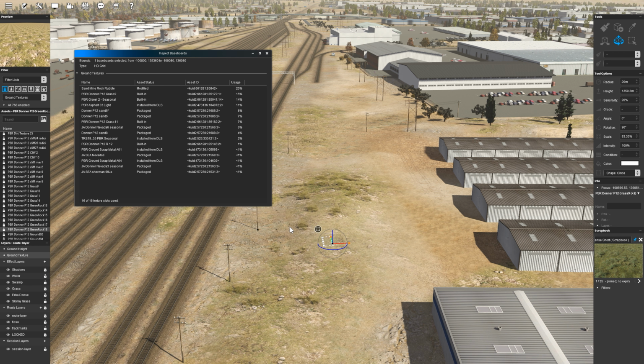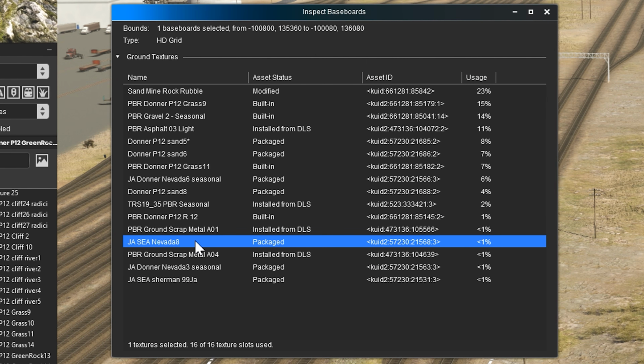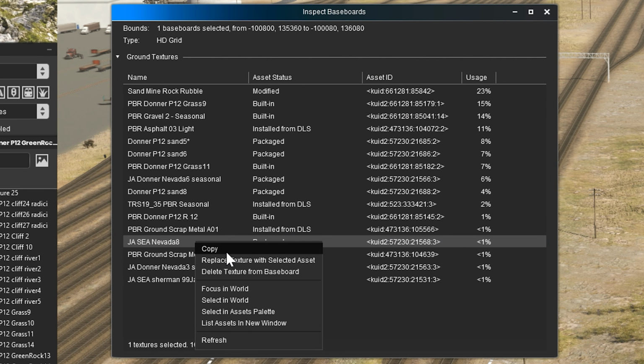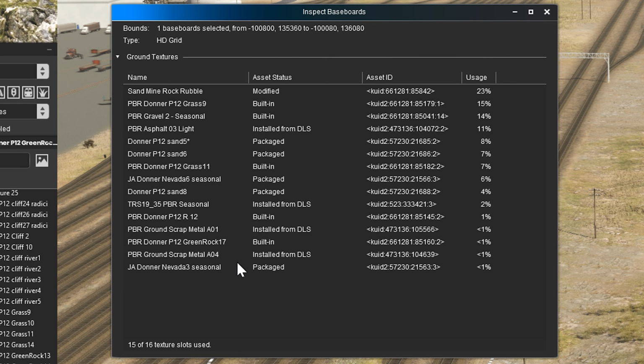SP7 also includes 2 new route building tools, the Inspect Baseboard tool and an updated Bulk Replace tool, both of which I've covered in a previous video. And that covers all the new